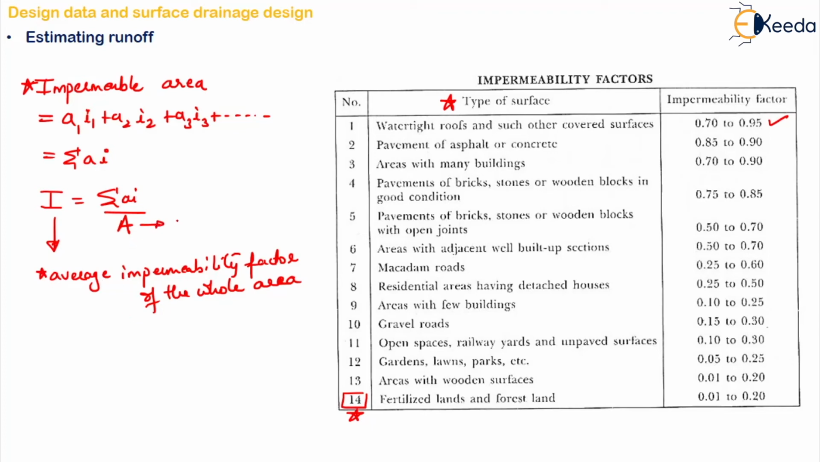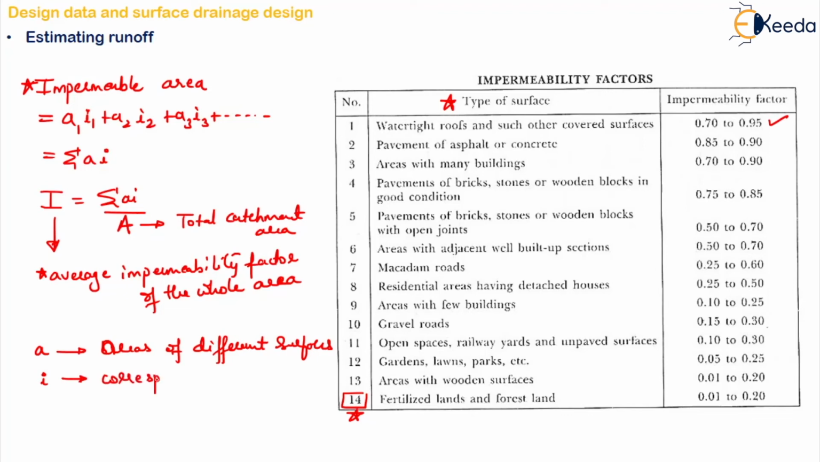Now what is A here? A is your total catchment area, right? If you want to write what are your small a's, they are the areas of different surfaces, right? And then your small i is the corresponding impermeability factors. Okay, so this is how you will calculate the runoff, because that is one of the important factors for